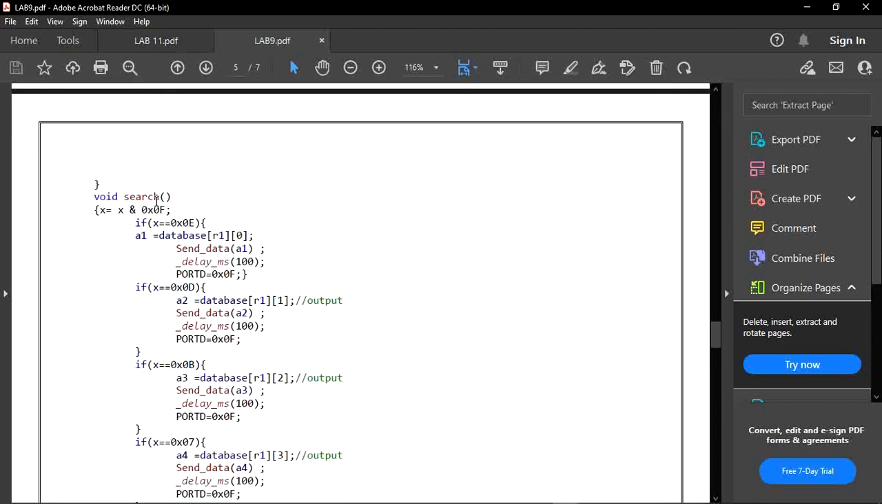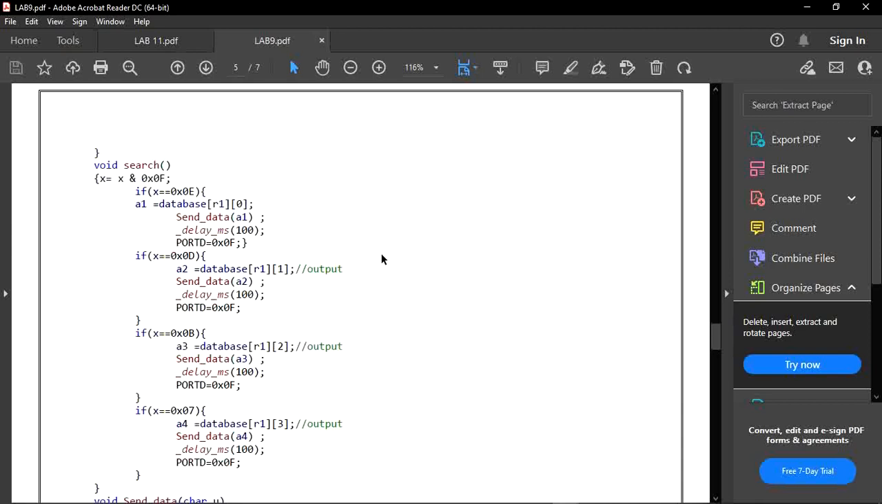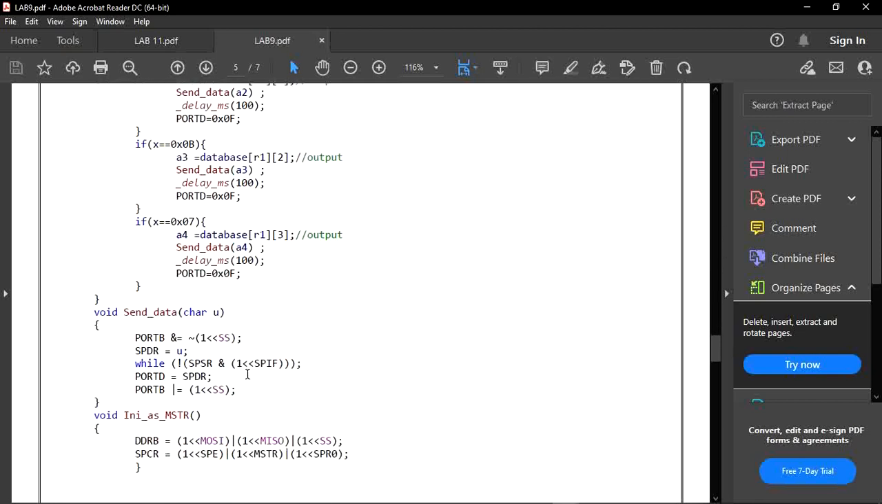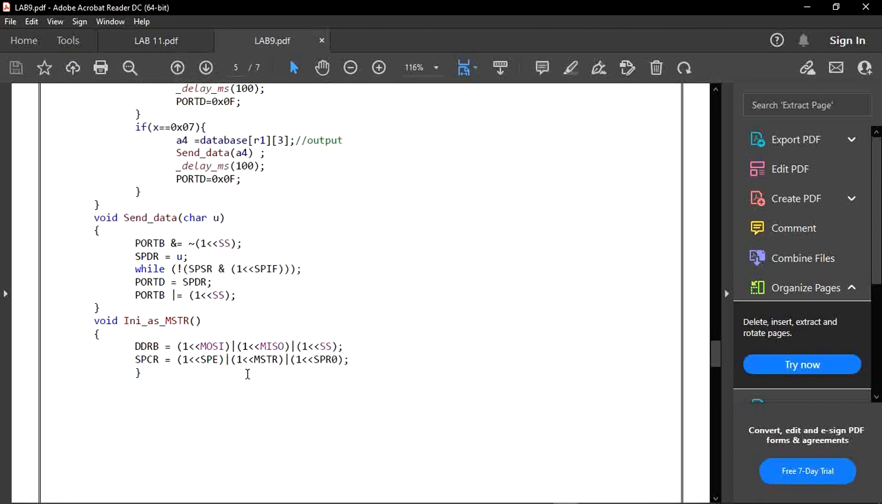such as here it will compare its previous X value to our 0x0f. So in the database it will send the data a1, and then it will compare if the condition output is true, and then it will send data a2 with the proper delay, and then send the maximum 0x0f value to our port D, as it is for the a3 and as it is for the a4. So this is the array database, and then with the help of this function